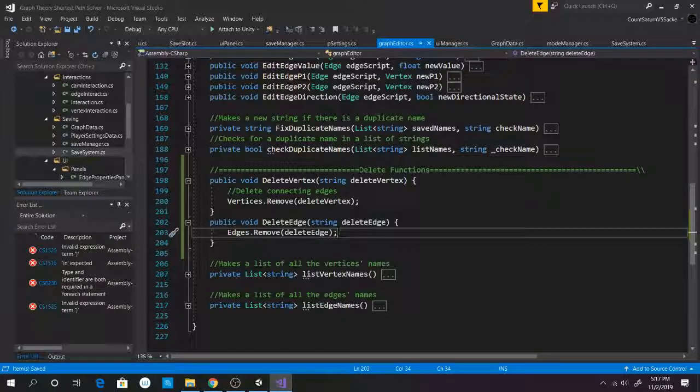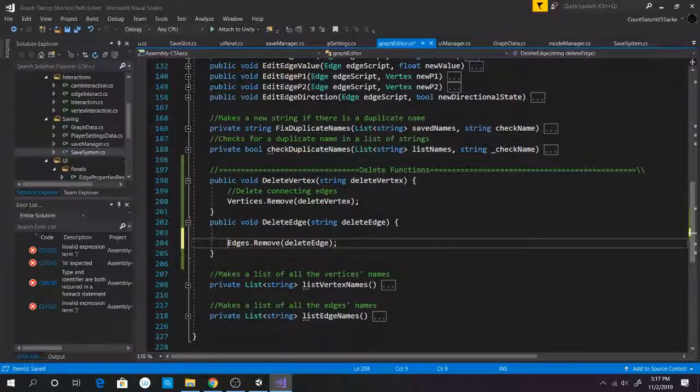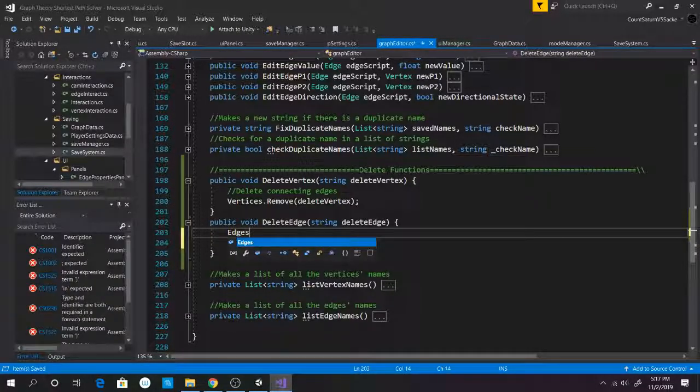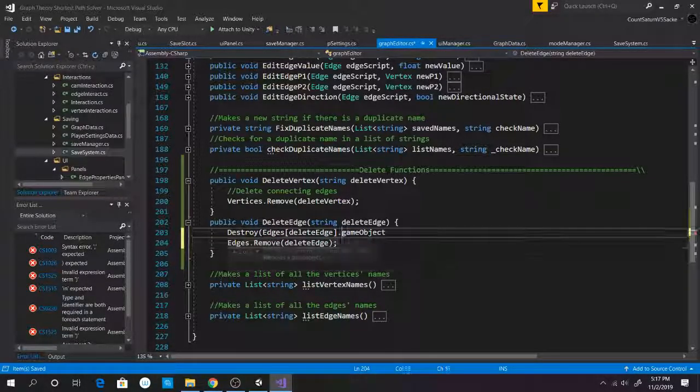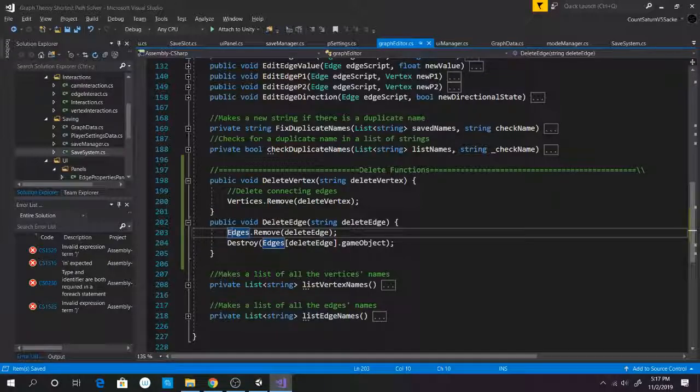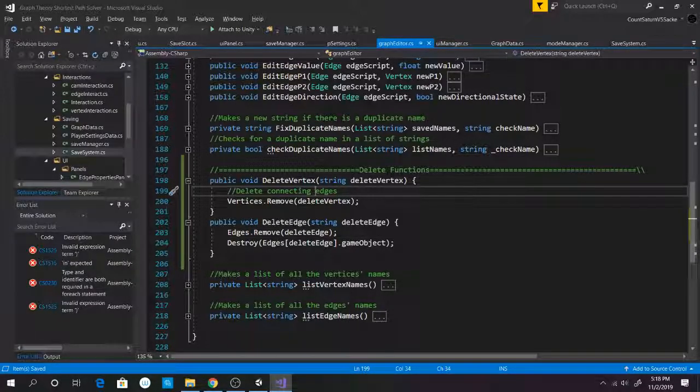But not only that, we technically also need to destroy the game object. So we actually need to get the game object. So we need to do edges, then we get our delete edge dot game object. So we actually have to do, and of course we kind of have to do this after. Now, before we delete the vertices, what we now need to do is